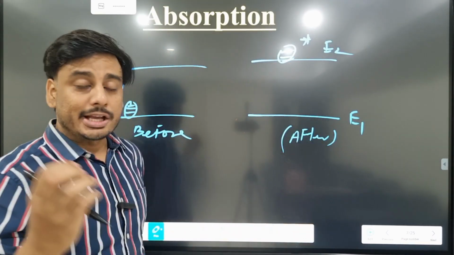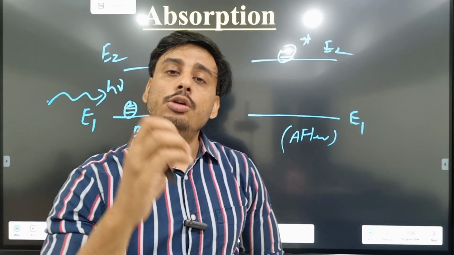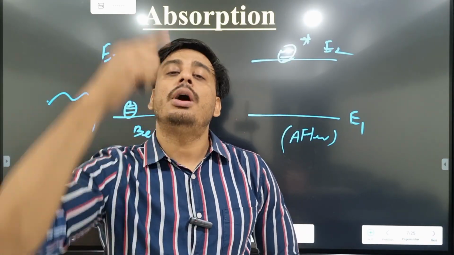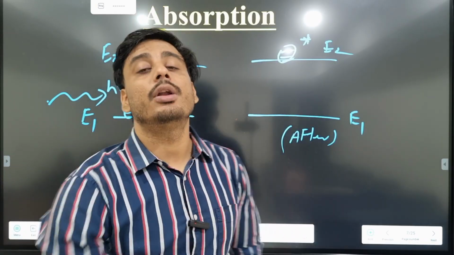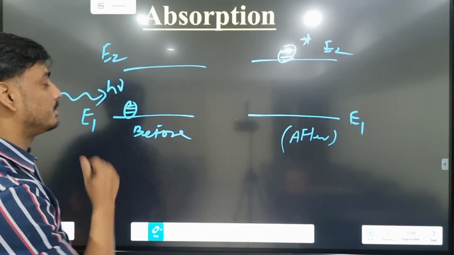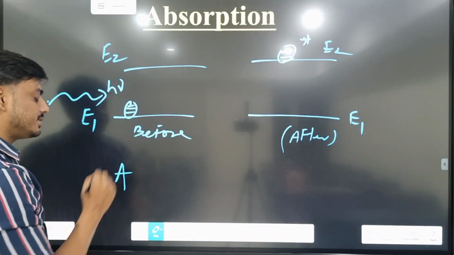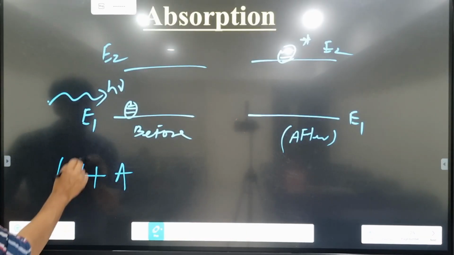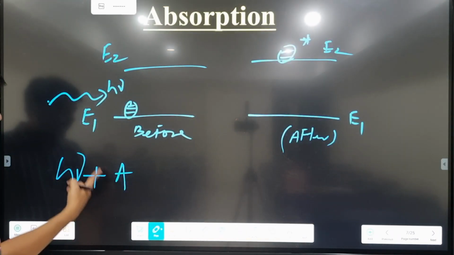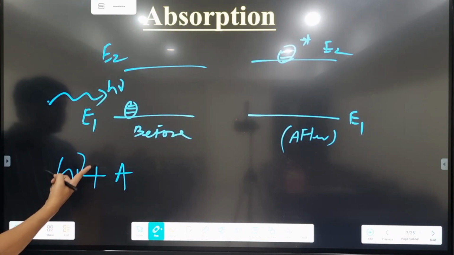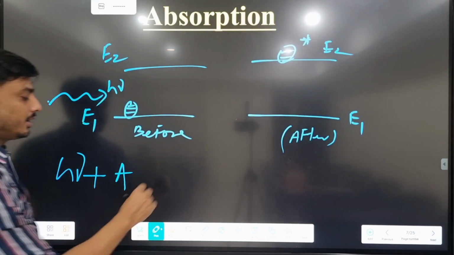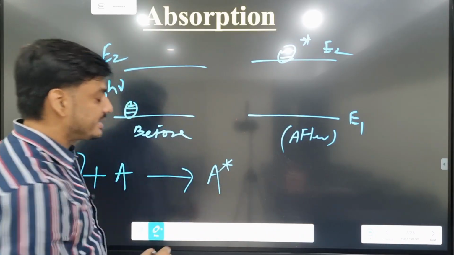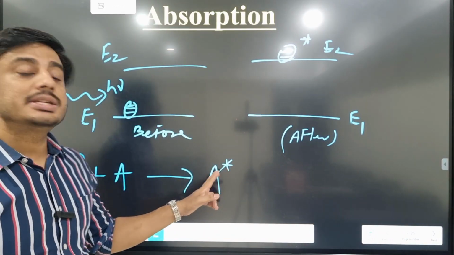So when external energy is given to the particle in ground state, it will absorb energy and move to the higher energy state. That phenomenon or that process is known as absorption. So if A is the symbol of the particle, then when h nu amount of energy is given to the particle, where h nu is nothing but the radiation energy or light energy, then it will go to excited state,